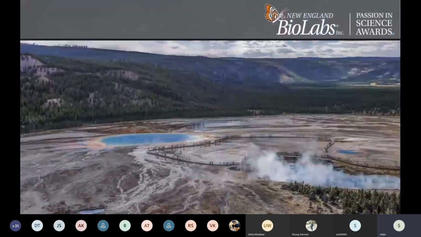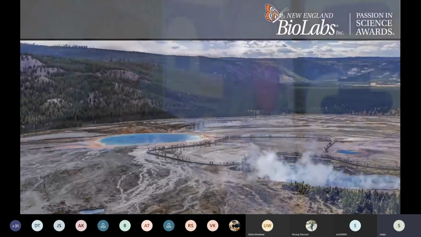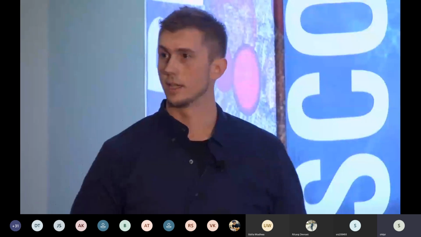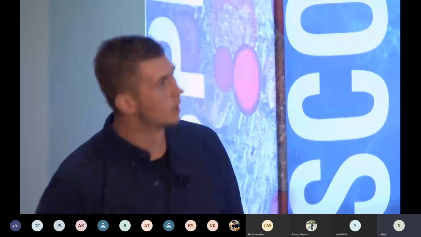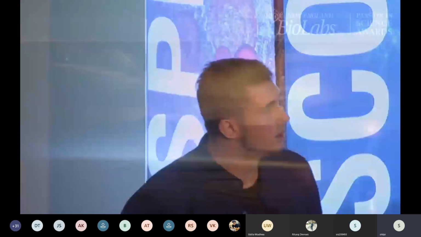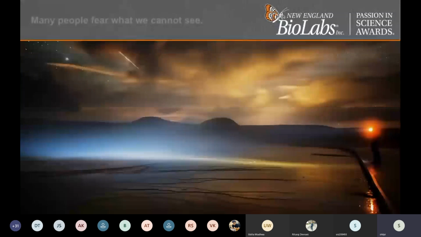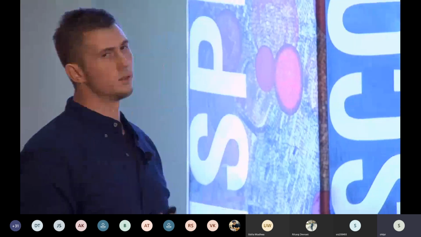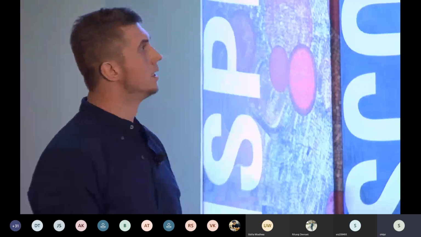So as beautiful as Grand Prismatic is during the day, from this view, you can see all the tourists down there. I want to tell you about an experience that I had this past summer where I went on a microbial science photography expedition to Yellowstone with my brother, who is there. That's his headlamp on the boardwalk. And so here, all of the tourists are gone. We had all of Grand Prismatic and nearby Excelsior Geyser to ourselves. And it's a really beautiful and special time and place to be at Grand